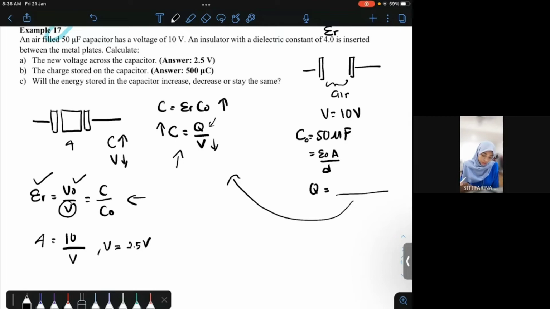The charge stored in the capacitor, sekarang kita tengah cakap pasal yang mana? Okay, yang mana. Kalau kamu tengok, charge kita constant in this case. Your charge is constant because V is changing, C is changing, maka Q kena constant. Okay, nilai Q adalah constant. So, the charge stored on the capacitor,